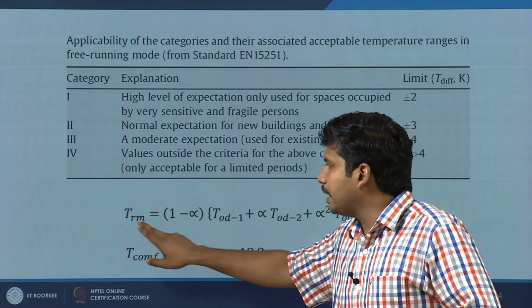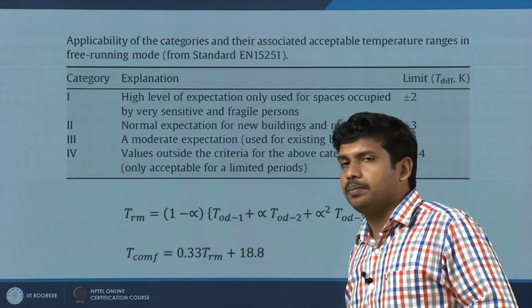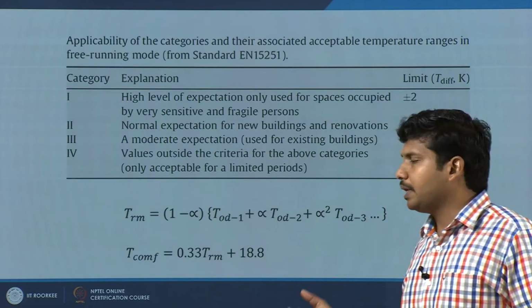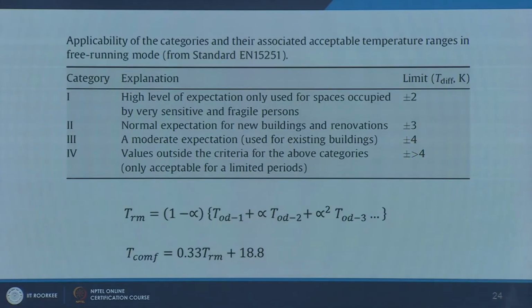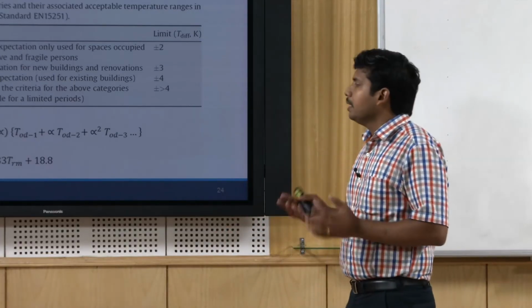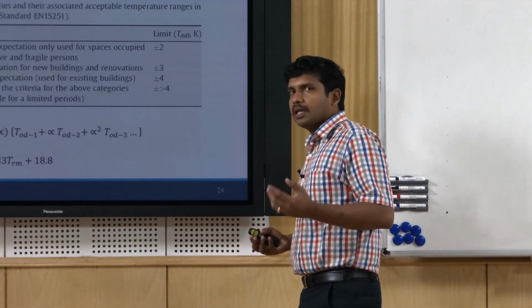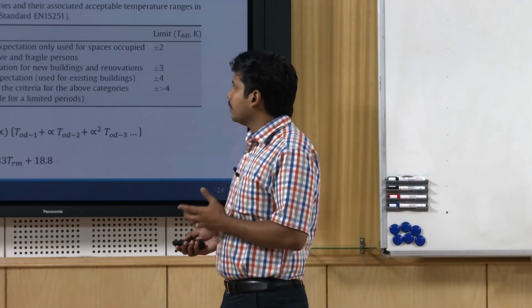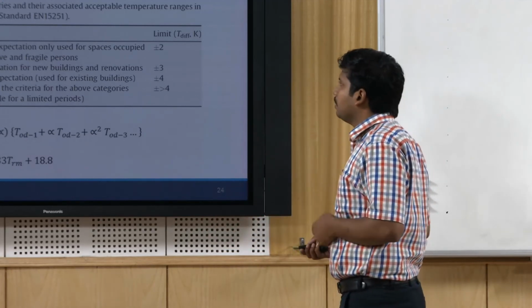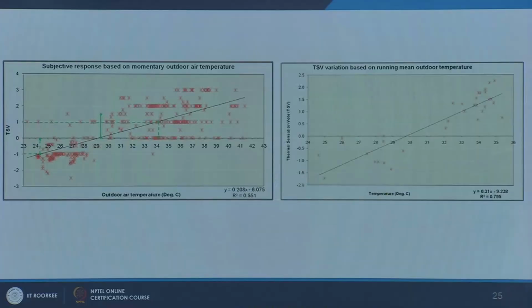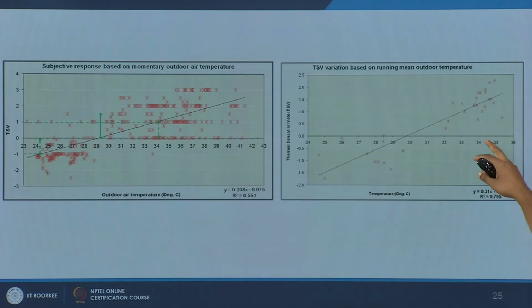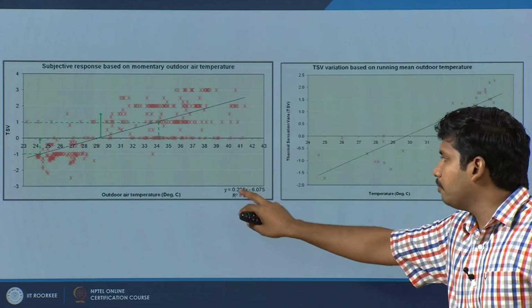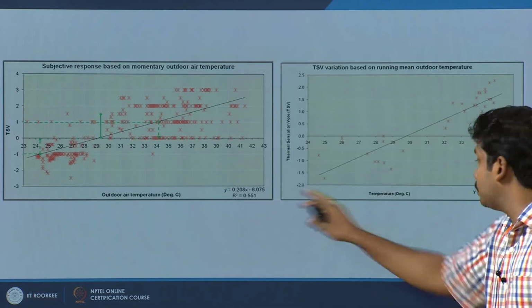Then instead of a particular daily mean, you get something called running mean temperature, and comfort temperature typically correlates much better with the running mean temperature rather than the actual ambient mean. We have also verified the same thing, it has a better coincidence with the running mean temperature as compared to the actual daily mean temperature or monthly mean temperature. This is the typical outdoor air temperature, the mean temperature of a particular day, versus this, a running mean outdoor temperature. The correlations were much closer, you had a better m value plus the r square values are also slightly higher here.